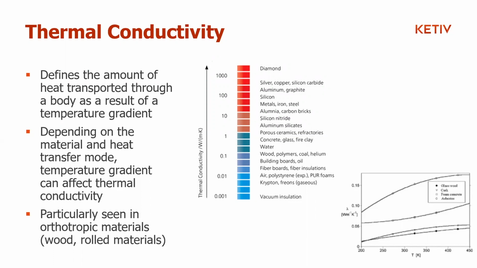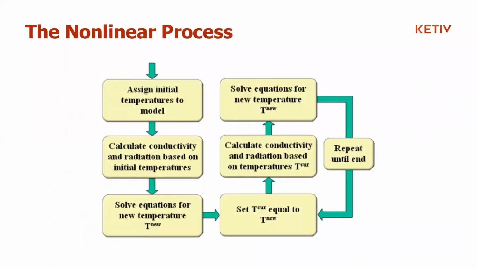Now, the way it does that is through an iterative process, and it is a nonlinear process, right? What it does initially is assign the temperature to the model, so whatever initial temperature you've given it, it will assign that. Next, it will calculate the conductivity and radiation based on the initial temperature. So whatever's happening at that time gets calculated, and then eventually the next step will be to solve for the